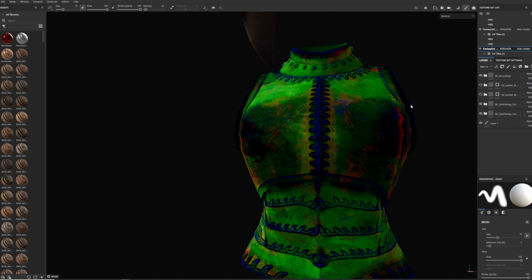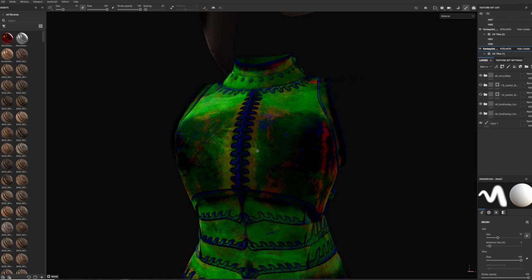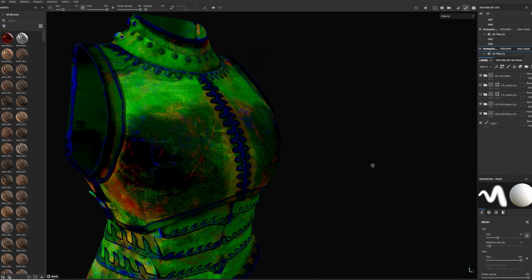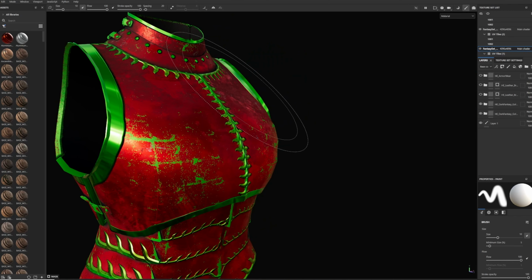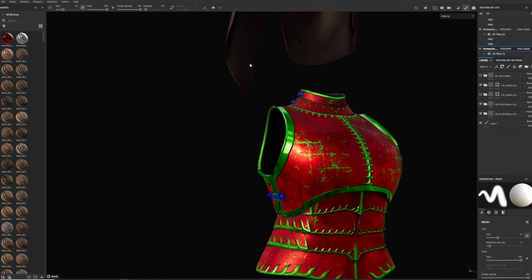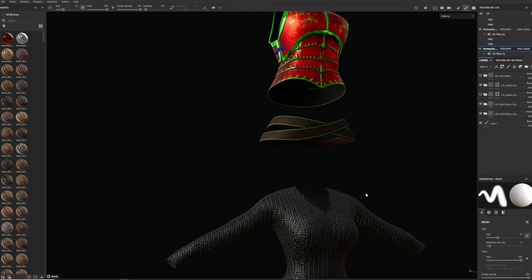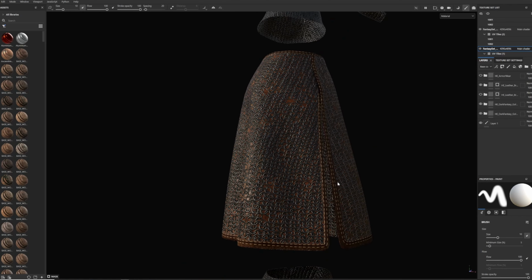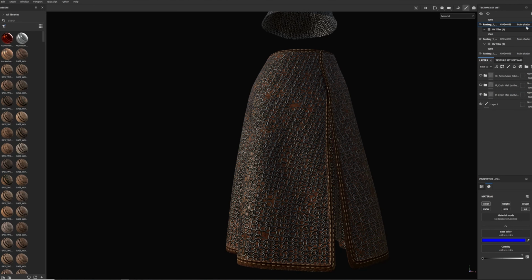So now we have two channel pack masks. We have one that's going to be for the wearer, and we have one that's going to be for the player to choose. And if you are doing something where you're going to be creating holes, let's say, so for something like this piece, what you want to first do, and you could do this even after you've set up